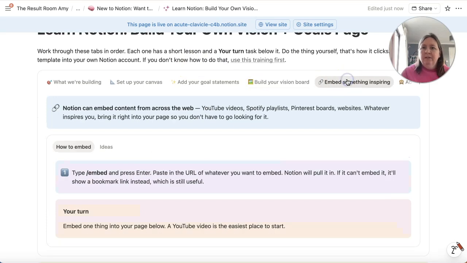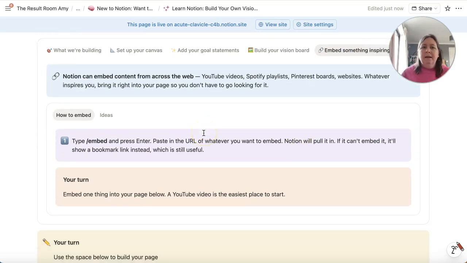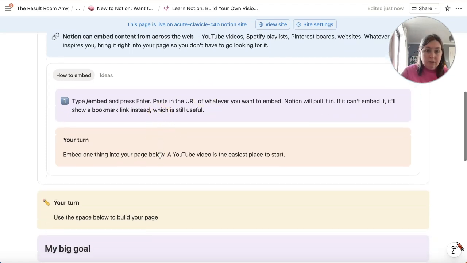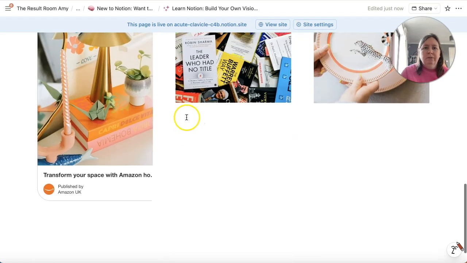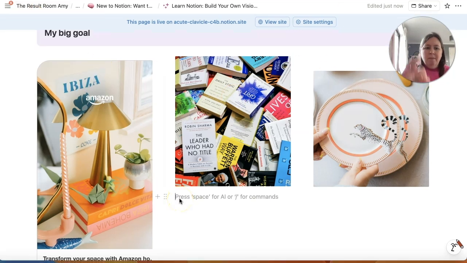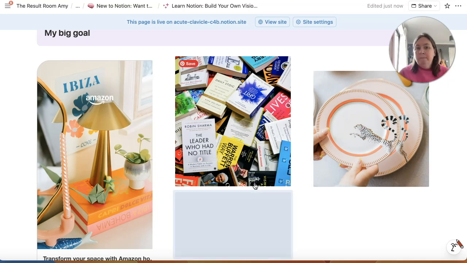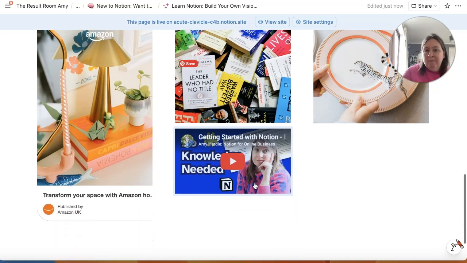So next up, let's look at how we can embed something. As well as embedding images, we can embed videos or audios. So I'm just going to use a YouTube video because that's the easiest way. So I'm just going to grab a YouTube link. Okay, so I've just grabbed a video from my YouTube channel, and I'm just going to paste the link. Try that again. And I want to select embed, and it's going to embed the video directly in my vision